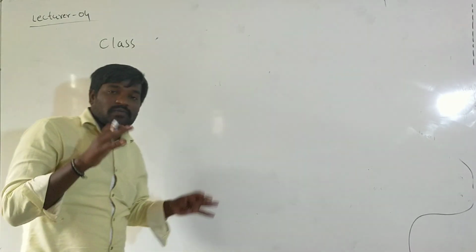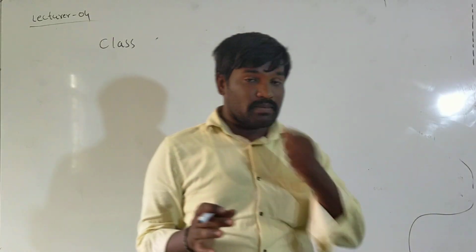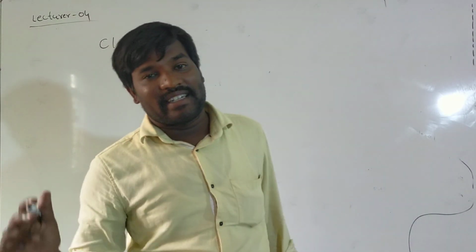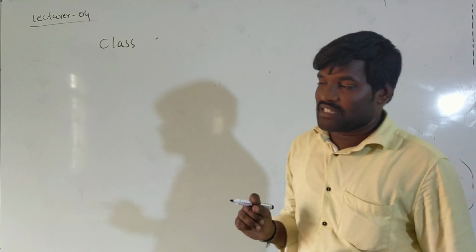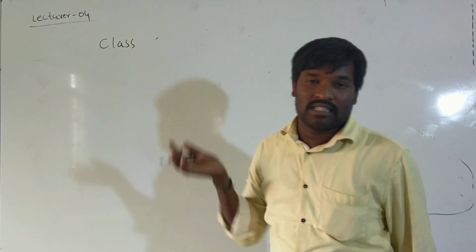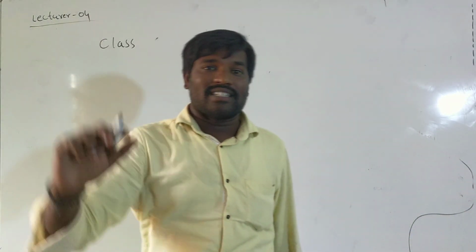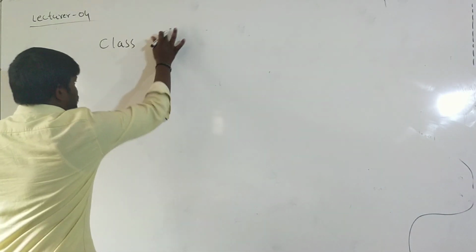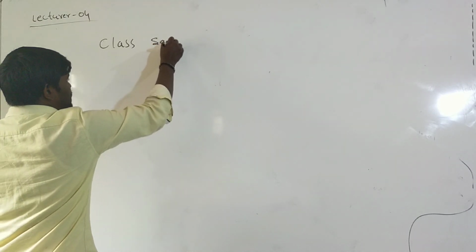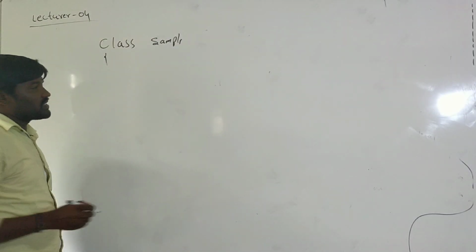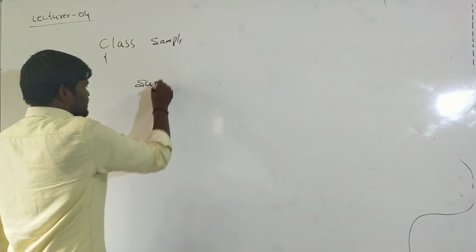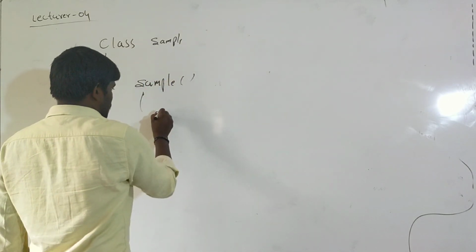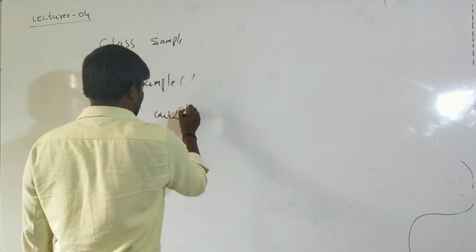In general, if we consider the constructor concept, when the object is created, it automatically calls the constructor. If I write class sample, S, it will call the sample constructor. But in the inheritance case, it will call the base class. See here, class sample. So I can write cout, and I just have to mention one statement.